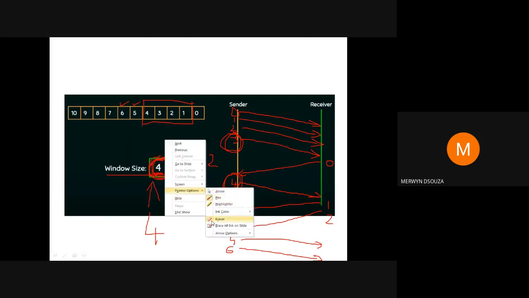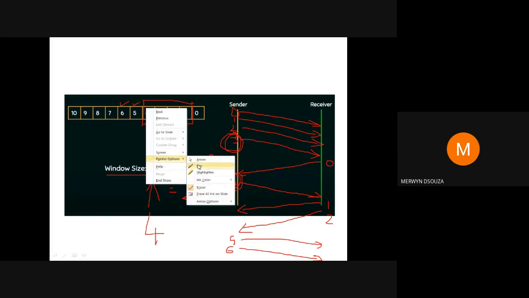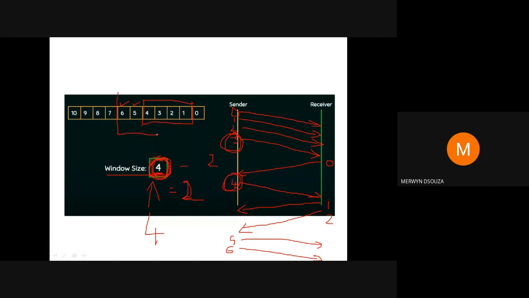The window here is now, okay, this is not getting erased. So your window here is now this. I'll just make it little. So your window here is 3, 4, 5 and 6. Since these are the 4 packets it is waiting for acknowledgement, the sender cannot transmit now. At least it has to wait for one more acknowledgement to come.